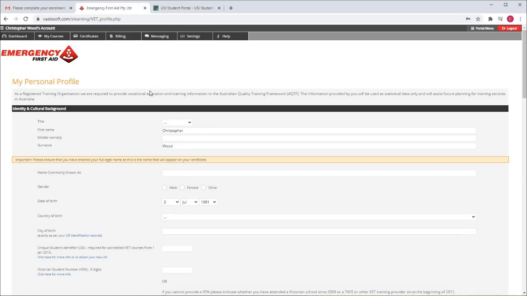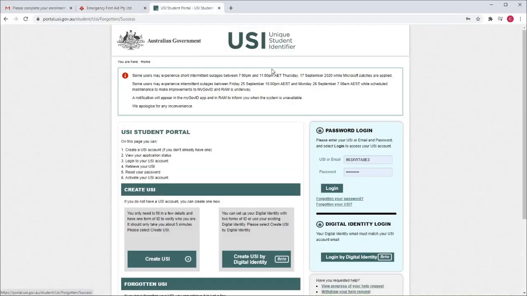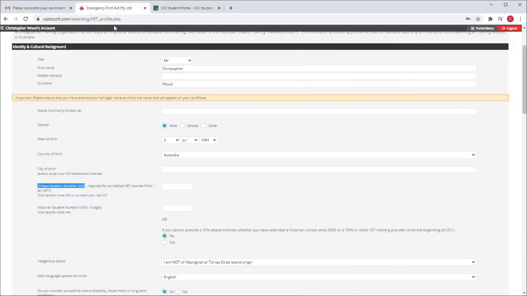This is you building your personal profile, so you can complete all the information here. Select your gender, where you were born. USI identification is a very important part of the registration. You'll find that in the USI student portal, which is an Australian government website. And mine is pre-filled here because I've accessed it recently, but there are ways you can create a USI if you haven't studied very recently, or if you've forgotten a USI, follow this link. Once you've got your USI, you need to go in here